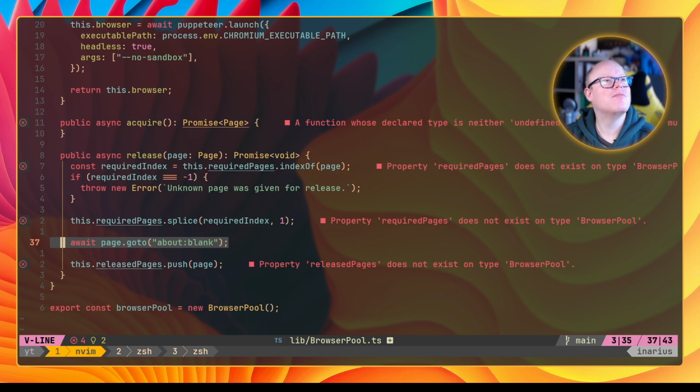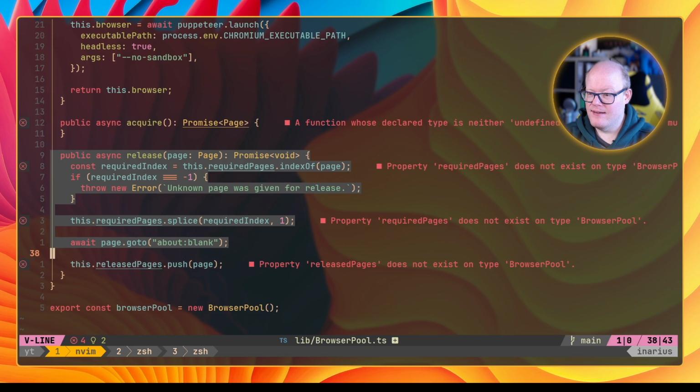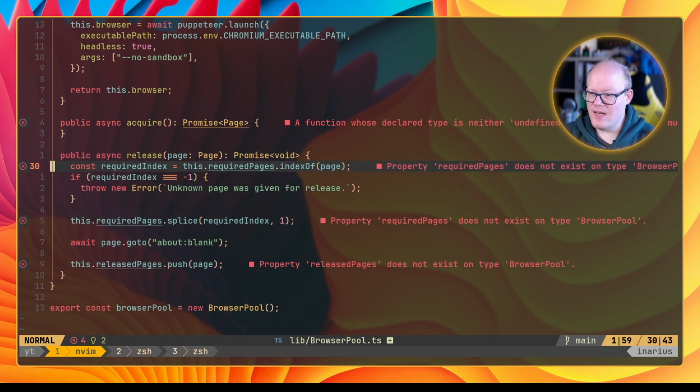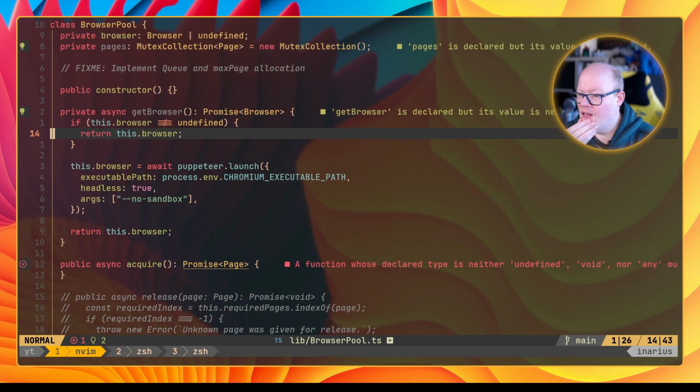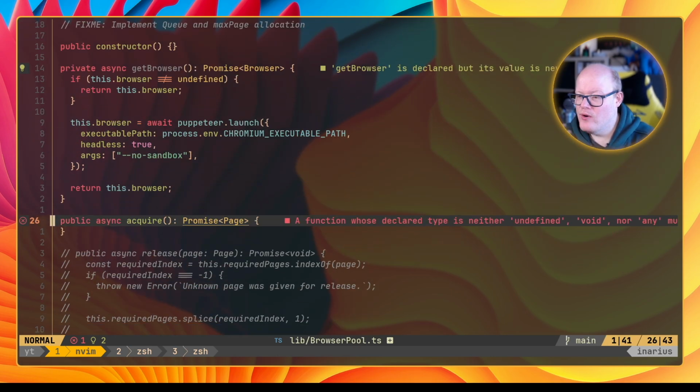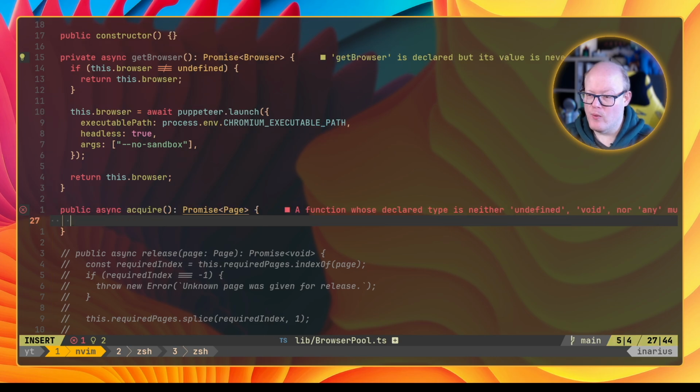Interesting. Yeah, we may still need that, but let's just comment that out. Okay. So what we now have is we need to now somehow implement this acquire, and this acquire should then be something like